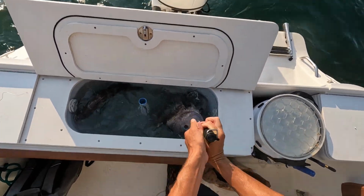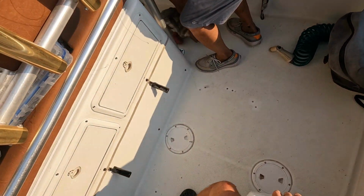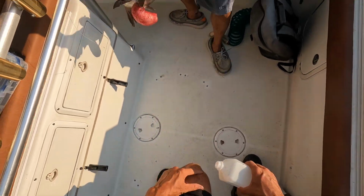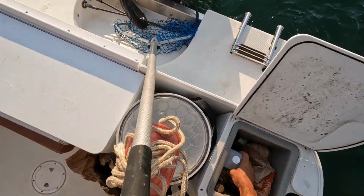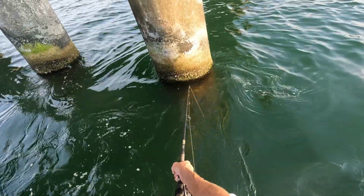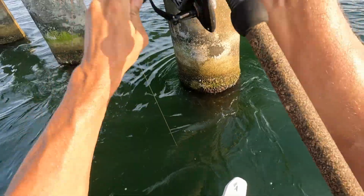So yeah, we did actually end up keeping a few of these fish. I know we usually let bigger fish go, but we haven't caught sheepshead in I don't know how long. So we went ahead and just kept these guys. They didn't go to waste. And yeah, I didn't show it on camera, but I had accidentally brushed the sheepshead spines across my knee,